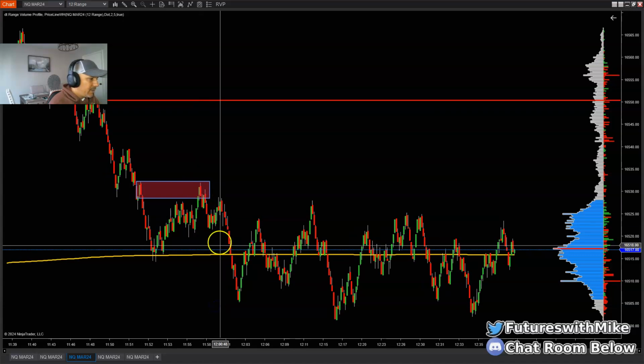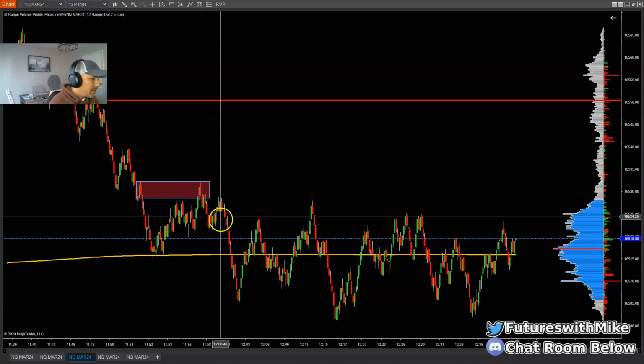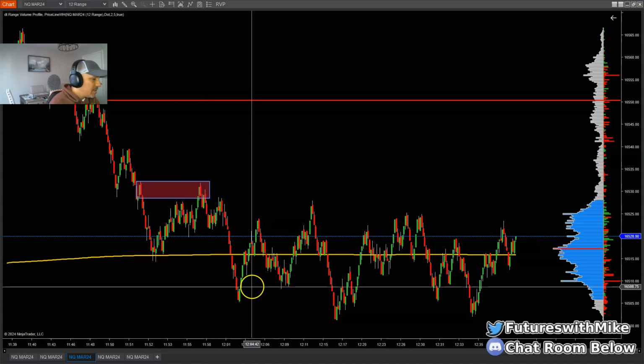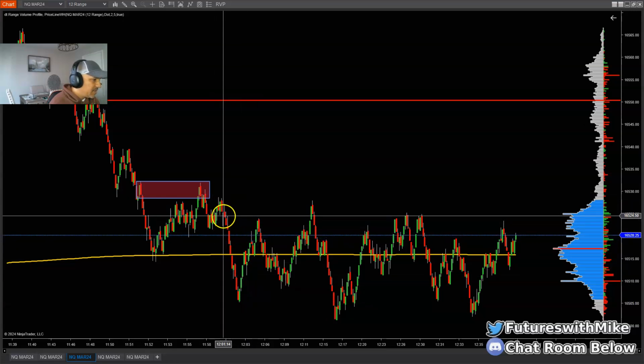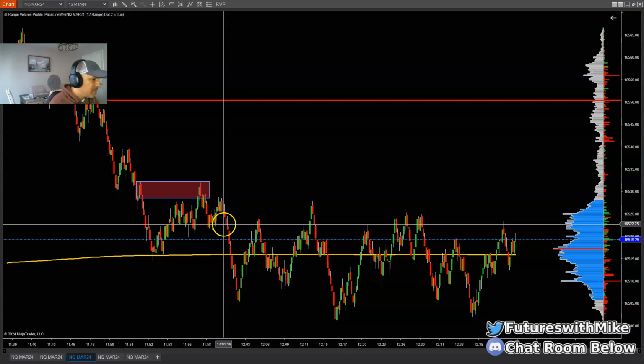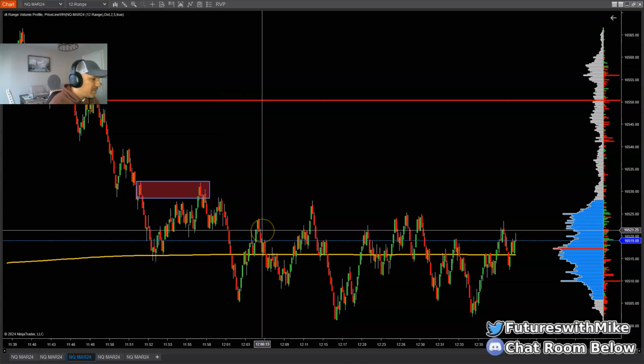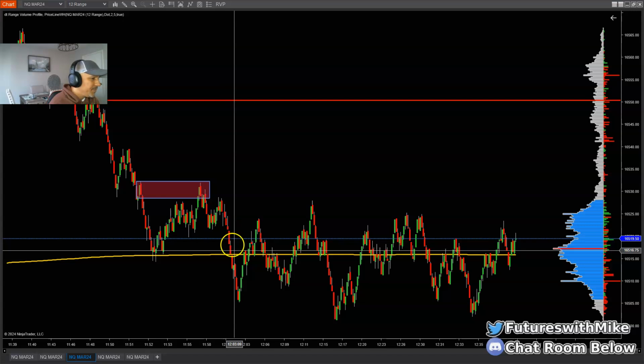And then it ran lower right here. Okay. Now this is a little tricky right here if you took this trade on this pullback. Yes, this was aggressive selling right here, but this candle, this wick right here, there's no body to it. So if you took that trade going short, you may have gotten lucky, but I wouldn't have taken that.